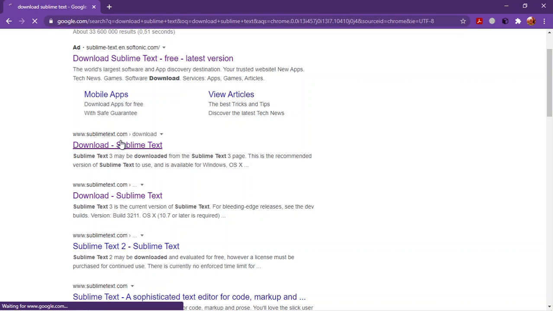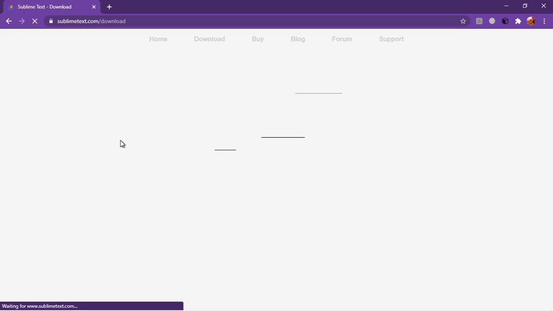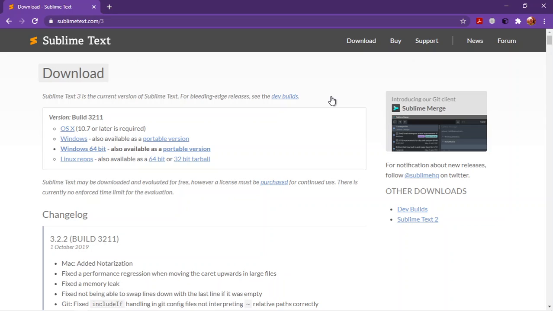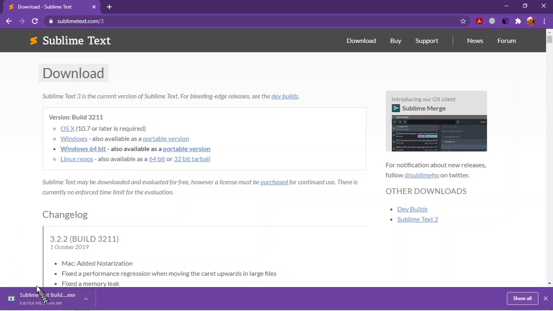Sublime Text 3. Yes, if you can go to this link and there you go. Where is the download? So it's pretty much simple. And then Windows. Okay, 64-bit. Oh, now that's 10.4 MB. So number one is Sublime Text. Downloadable. We install like any other application, and